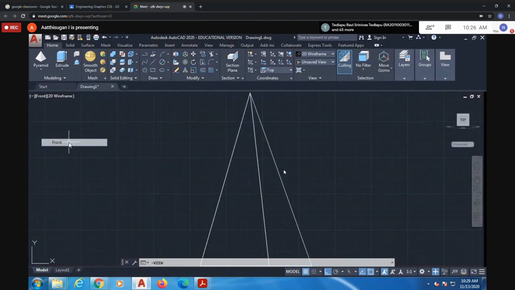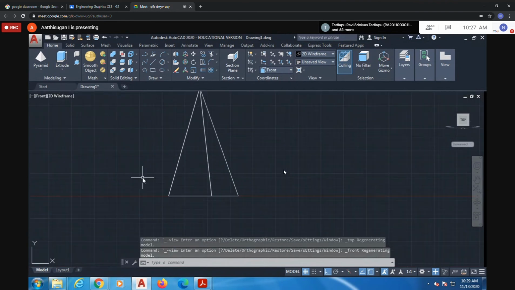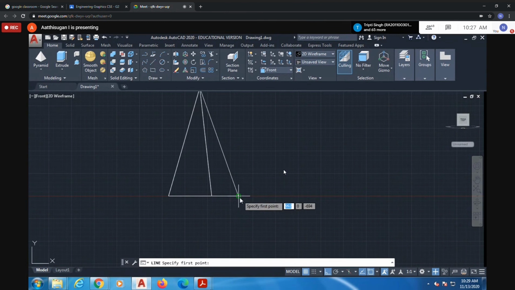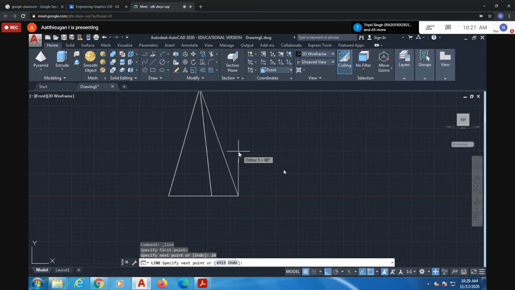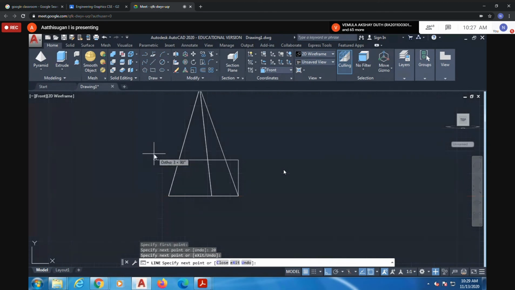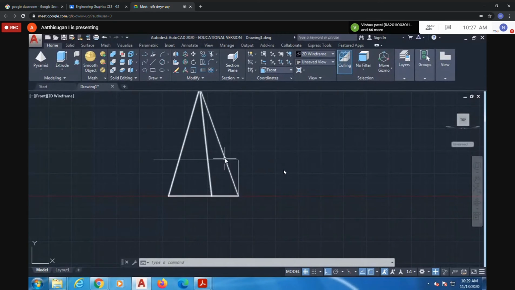For that, what we are going to do is draw one line from this point, you can take some convenient distance, say 20. After that you can delete it, just click it. Next, you have to move this point to 20 mm above the ground. You cannot move it to here, because we are rotating this one along with some height of this 20 mm line. This line is only going in.